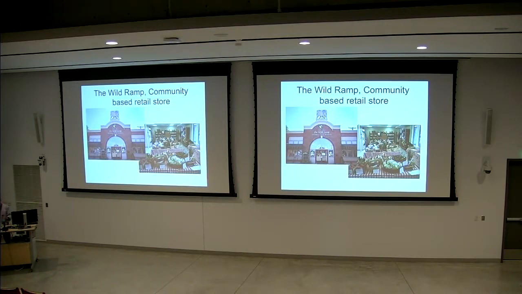Another way of overcoming estrangement: some folks in Huntington, southern West Virginia, were dealing with the food desert and with the lack of opportunity for farmers to sell their products beyond the small market. So they reclaimed an old building, adaptive reuse, and called it the Wild Ramp Grocery. It's a community-owned grocery store, not cooperatively, but community-owned. This has become a way to get good, healthy local food at an affordable rate, and the farmers, over 100, sell through it and get to keep about 75% of the value.